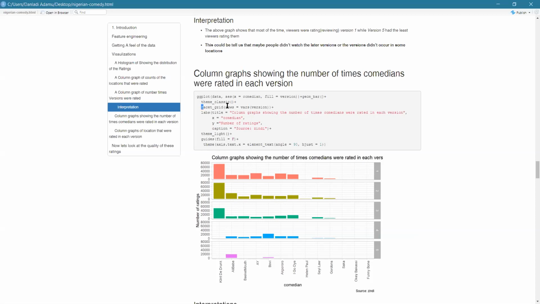We use now facet_grid. When we ran fill equals version, it sort of created multiple bars. Now facet_grid allows you to separate out these bars. If you don't do this, it will be one graph with all the bars sort of overlaying each other, which may not be as informative as we want. So we use facet_grid to specify what rows we want. So we said rows equals vars(version). So what this does is it creates a separate row, sort of like stacking 5 different charts on top of each other. And immediately we can see